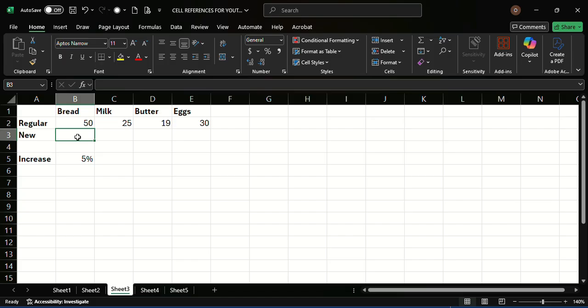So to get that done, equal to. While I'm building my formula, this time around, because we want to copy across, we are going to lock or freeze the column part of the reference. So equal to this value multiplied by